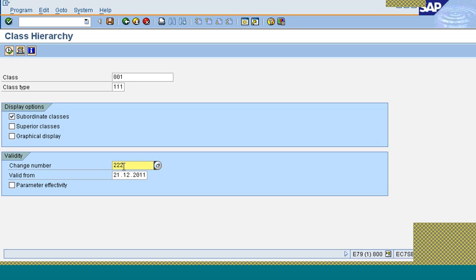Graphical display specifies whether or not the class hierarchy is displayed in a graphical format. And parameter effectivity, you want to open the class hierarchy dialog box to select data from the class hierarchy. So these are certain small options which are available in the system. So seeing this, now let's see how we can